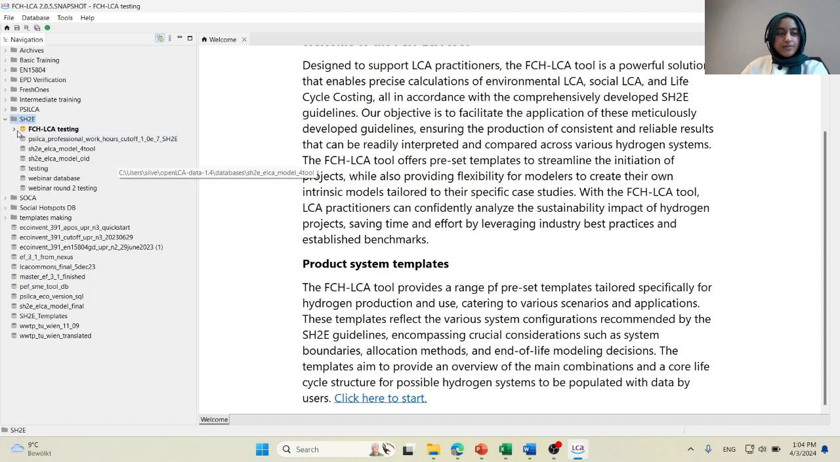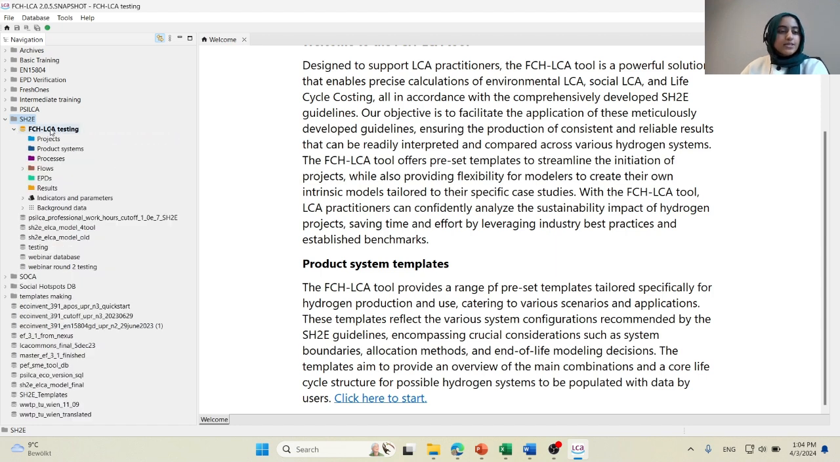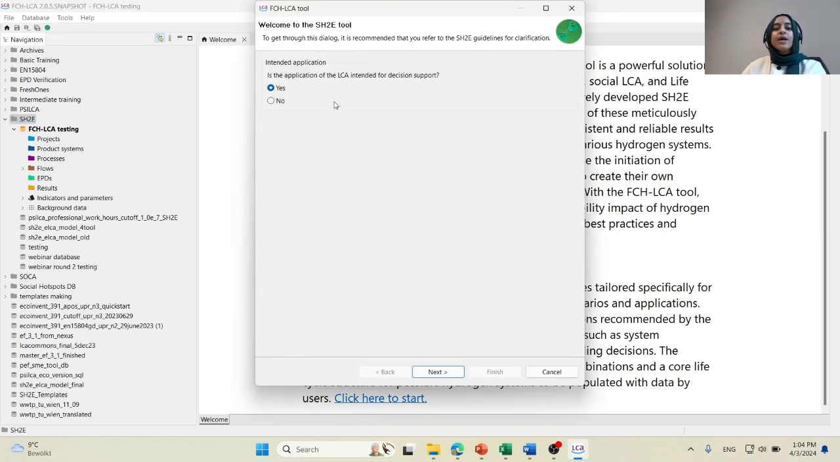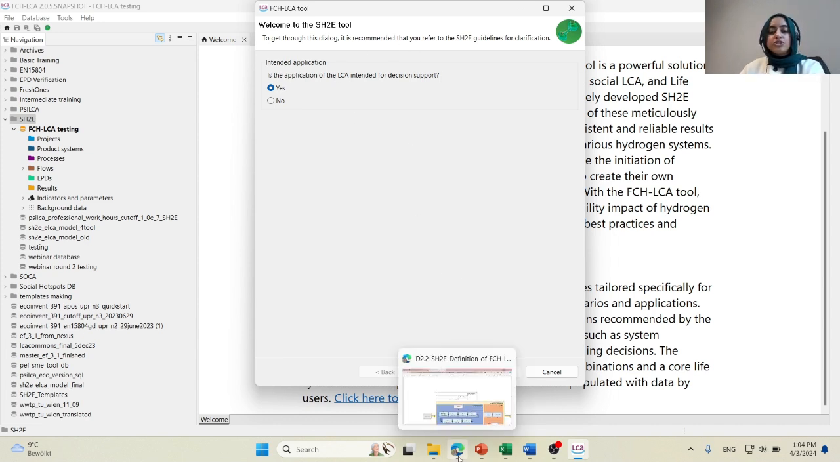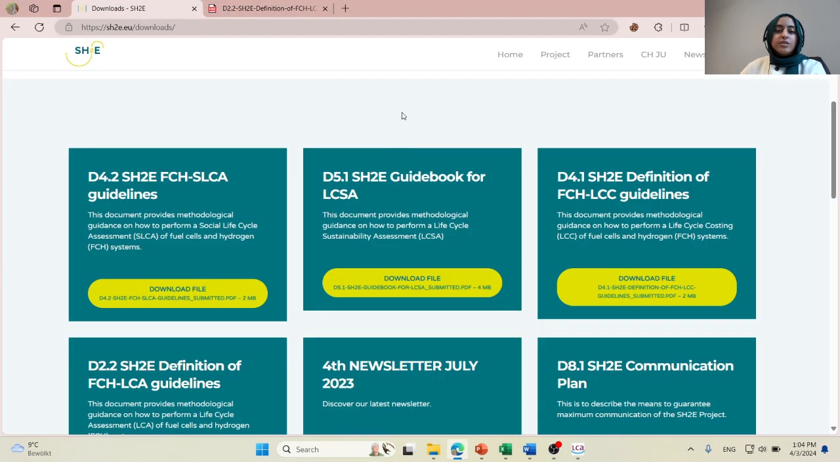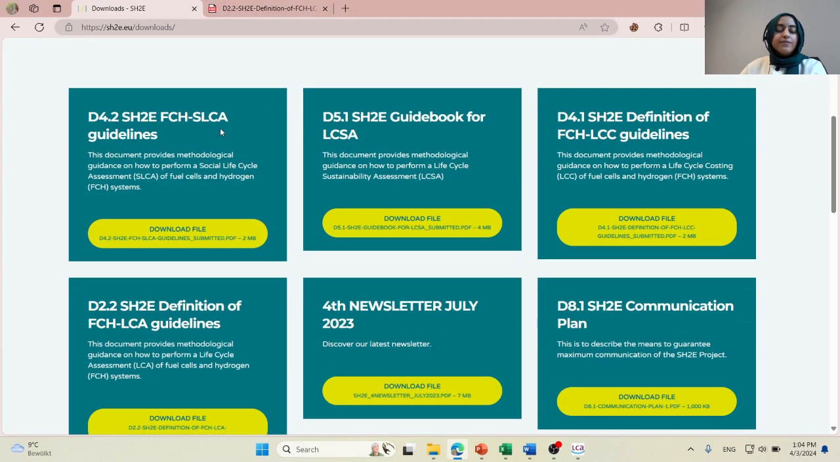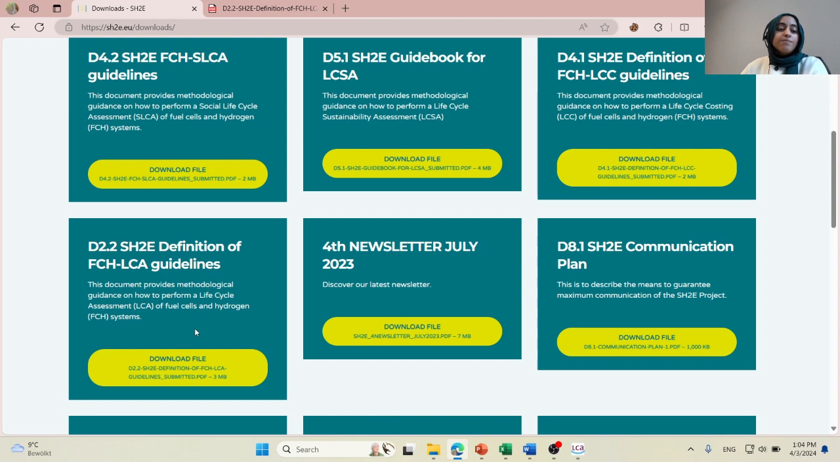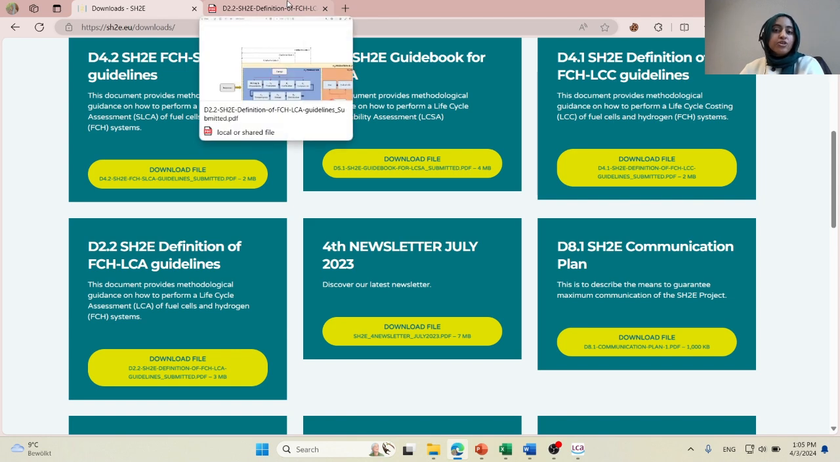Now, after the database has been created and is active, it's time to go through the wizard. So I'm going to click on this green button, and then I'll be guided through a series of questions. These questions, as mentioned earlier, are matching the guidelines which can be found on the following link, sh2e.eu/downloads. They can click on the LCA guidelines to go through these wizards and understand the